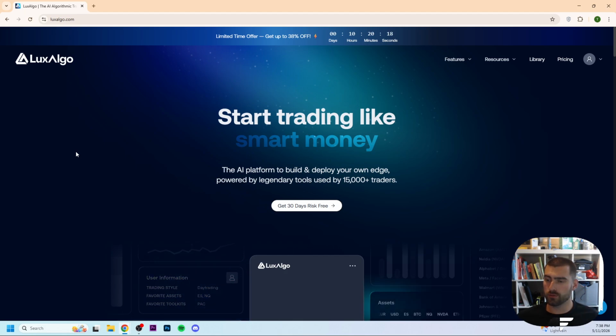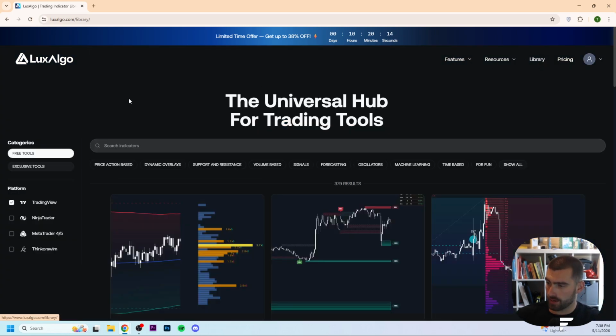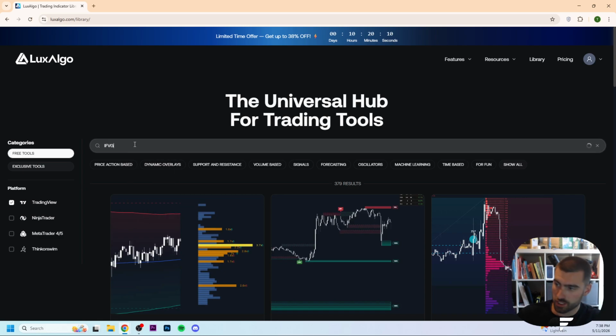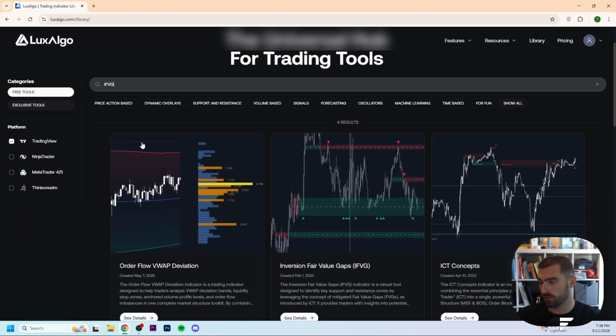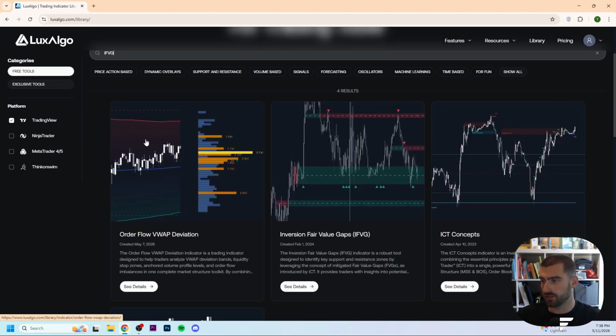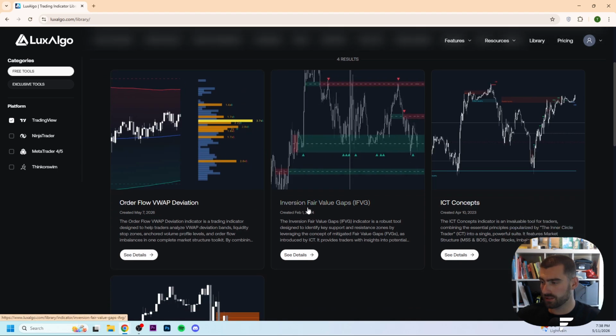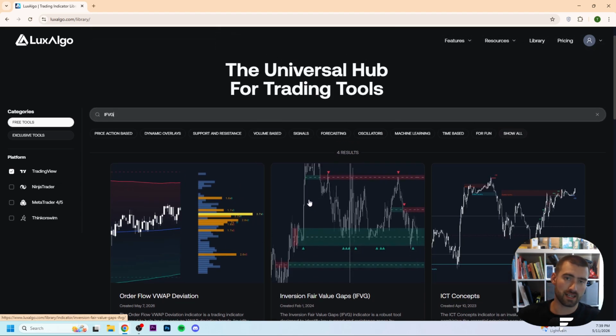LuxAlgo. And if you want to use this indicator, we go right here to LuxAlgo.com, click on library and go to search indicators where we fill in right here IFVG. Then click right here on enter and then he is searching right here for the correct indicator. And then if you go right here, you see right here the inversion fair value gaps, and that's exactly what